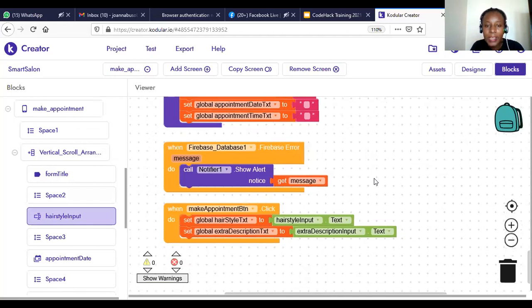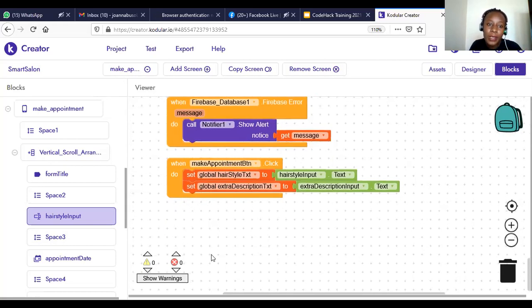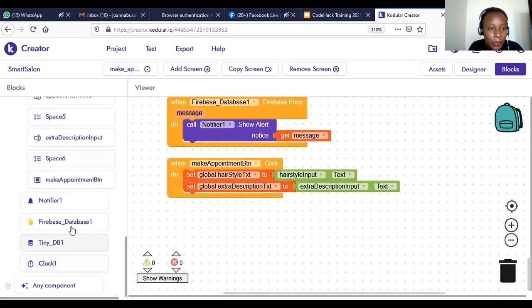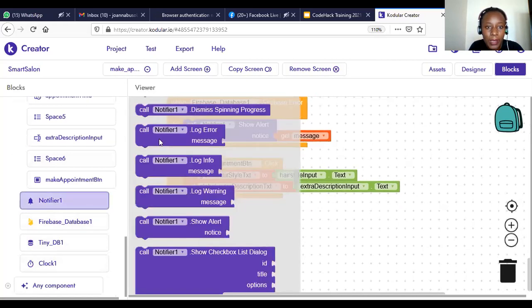And then we can call a progress bar because, of course, when a user is performing actions, we call a progress bar so that we are checking in the background, so that the progress bar stops in case there is an error and we point it to the user. But if everything is okay, it stores data very well in the Firebase and then it stops and navigates the user where necessary. So we're going to call notifier one here, call notifier one dot show